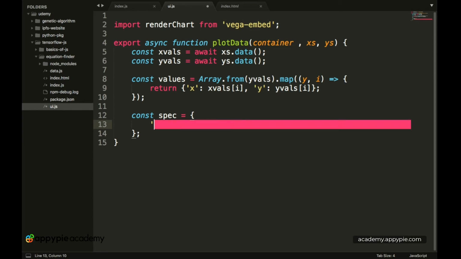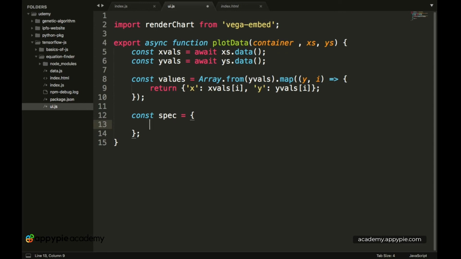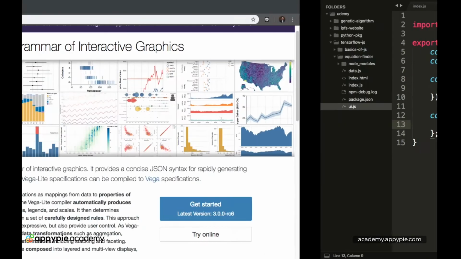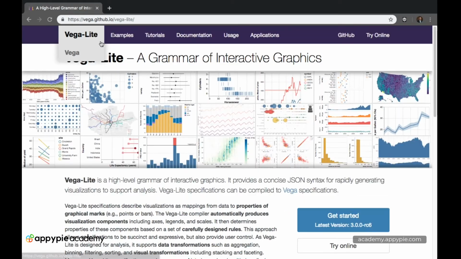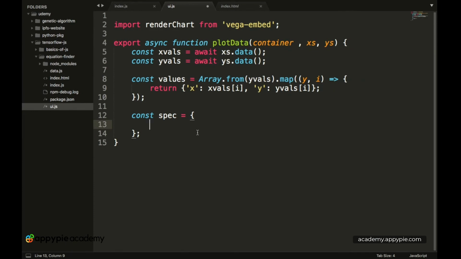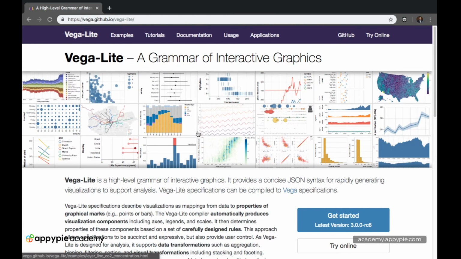Okay, so let's remove this, and now let's type in our very first parameter, which is the type of framework which we want to use from vega.github.io. To do that, inside the name section we have to put in the $ sign followed by schema, and then over here we simply have the URL of the Vega-Lite package.